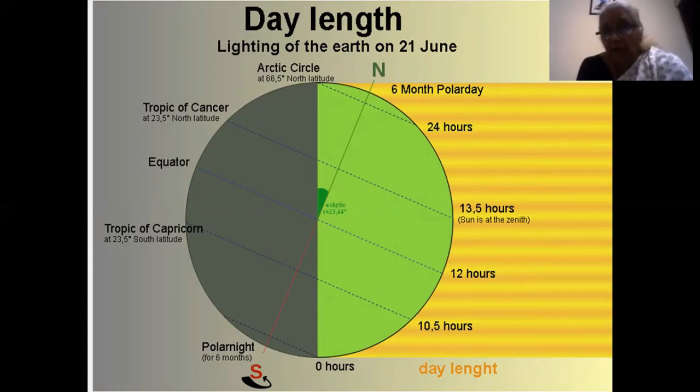But it is not really 24 hours. It starts from 1 minute and goes on to 24 hours. 24 hours only for, not for 6 months, but for just 3 months. And then the remaining 1.5 months on either side is increasing daylight or decreasing daylight, either in the North Pole or in the South Pole. So this is the significance of the tilt of the earth.